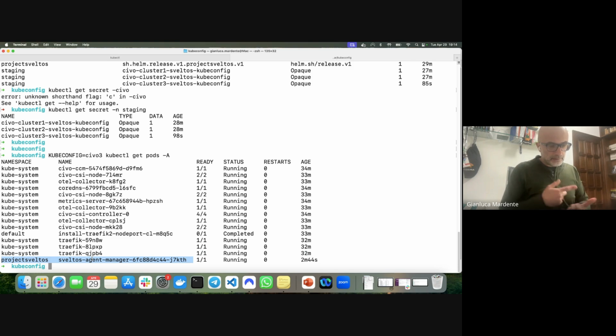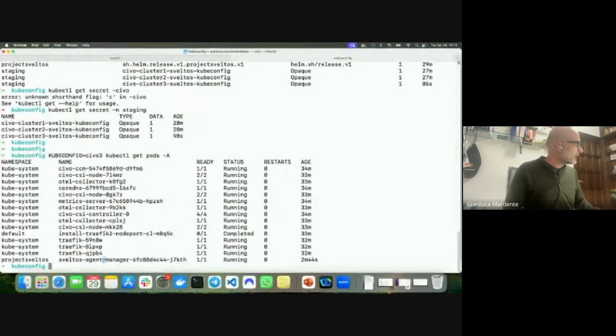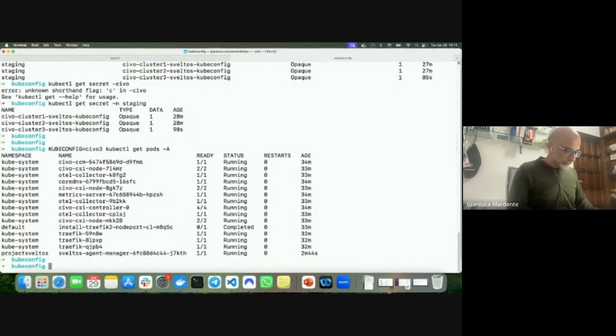event. Sveltos is an event framework, so you can tell Sveltos if an event happens, detect an event of a certain type, and when the event happens, what to do in response, deploy other applications or add-ons. This is the component that detects events in a given cluster. Now, to ask Sveltos to deploy something, I have prepared some configuration, and